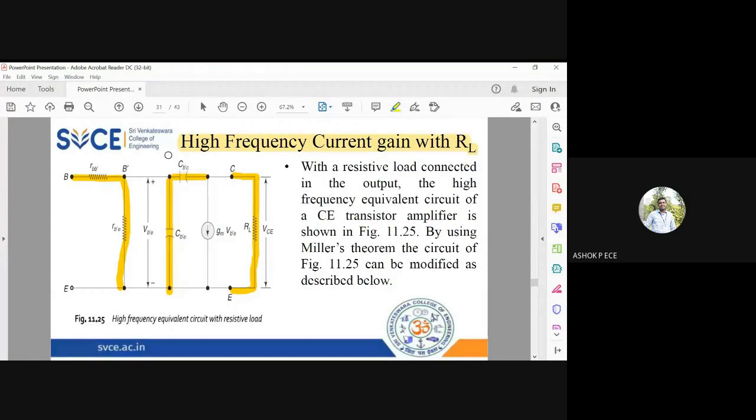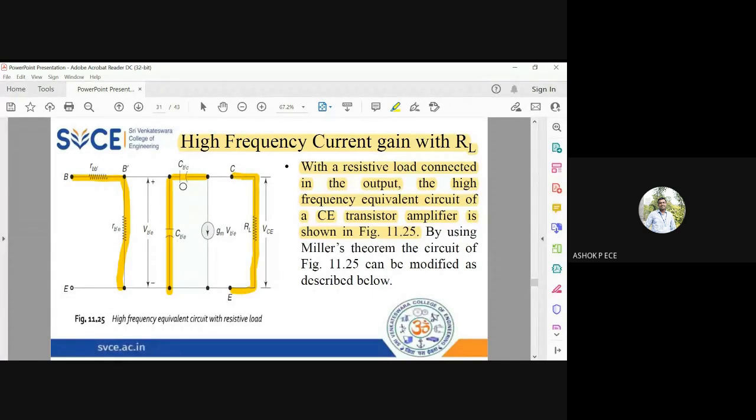That resistance RB'C is very, very large, in the order of 4 megaohms. We have seen this in the very beginning of your hybrid pi model, right? So I'm going to neglect the resistances RB'E and RCE also. I'm going to have only these components in my equivalent circuit. So I'm going to connect a resistive load at the output, and the simplified high frequency model is shown in